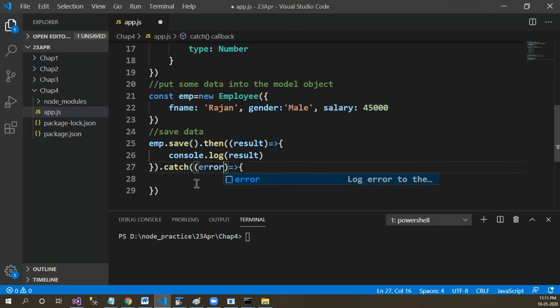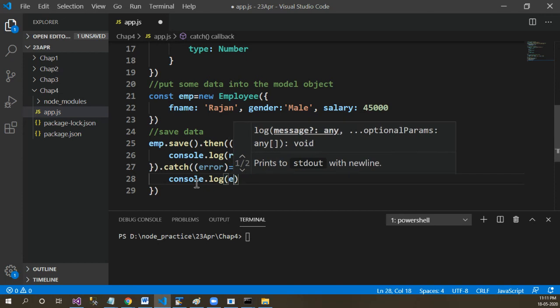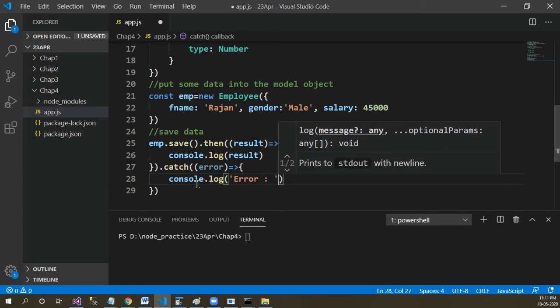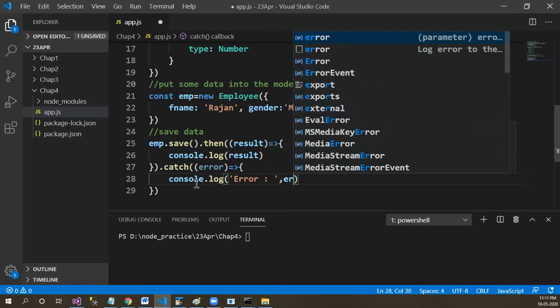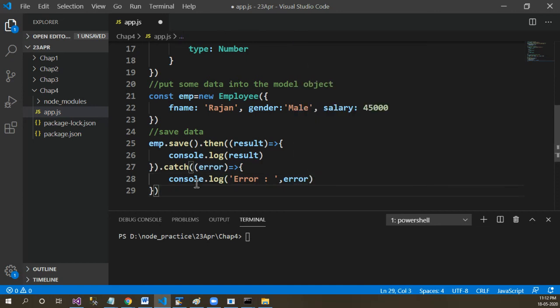So let's catch that error and console.log, and let's print some message, error equals, and let's print the error data. Save everything, go to the terminal and use node and the application name, that is app.js.